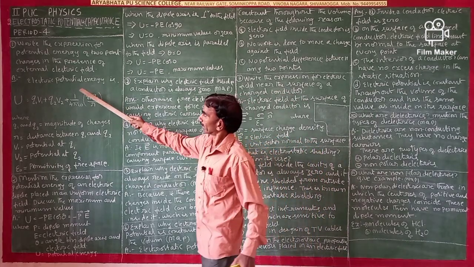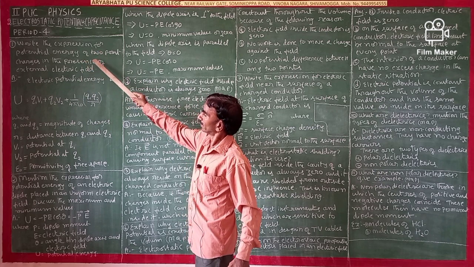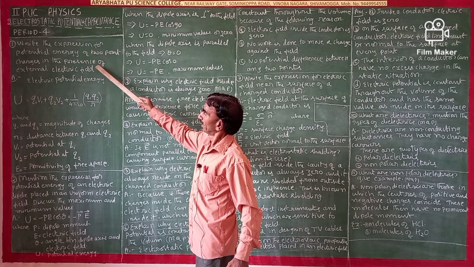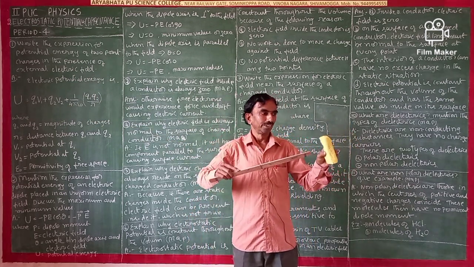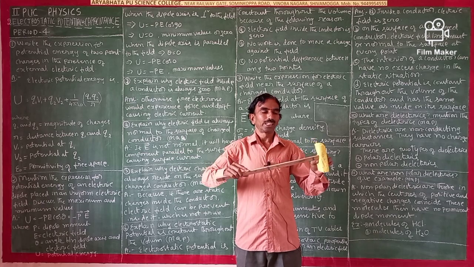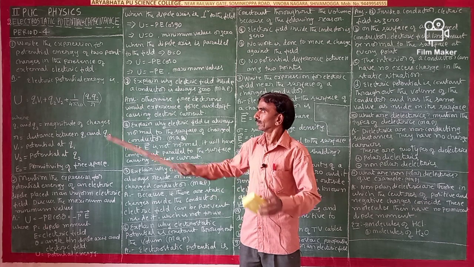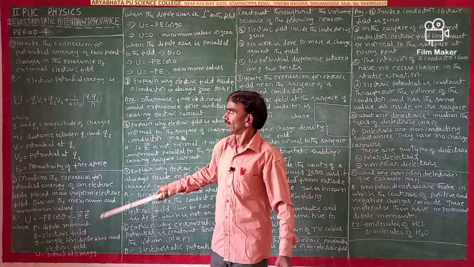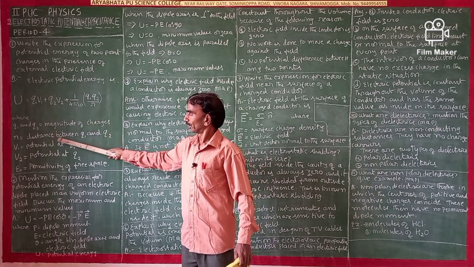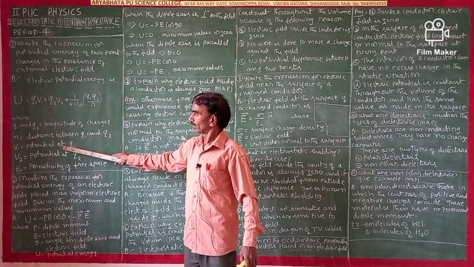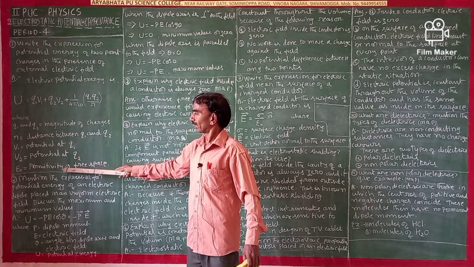So the electric potential energy is U. Write the expression for potential energy of two point charges in the presence of an external electric field. There is an electric field inside, and there are two point charges here, Q1 and Q2. So that is for the total energy. Where Q1 and Q2 are the magnitudes of charges, R is the distance between Q1 and Q2, V1 is the potential at Q1, V2 is the potential at Q2, and epsilon naught is